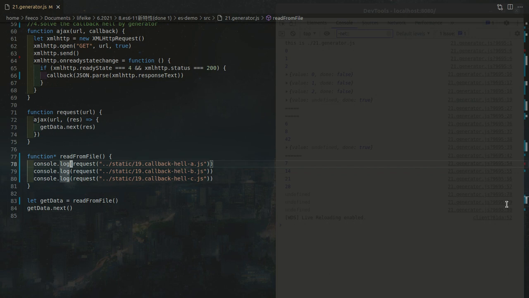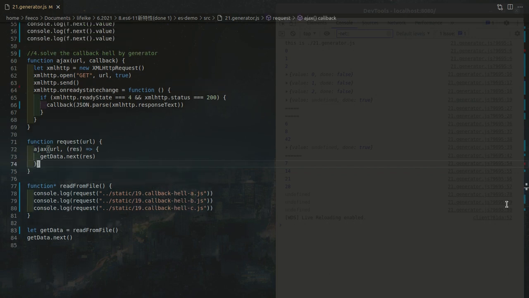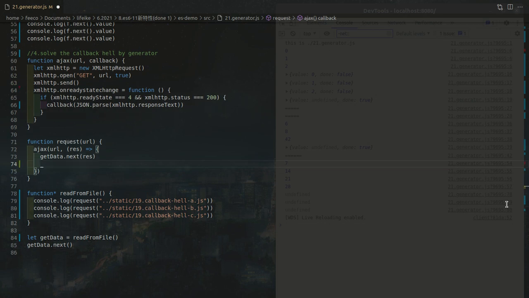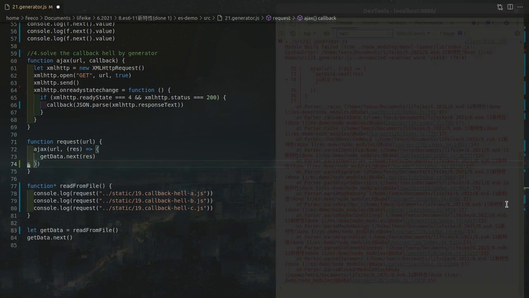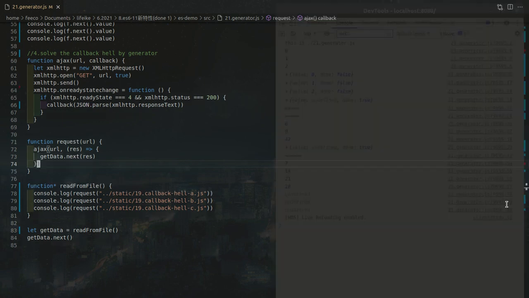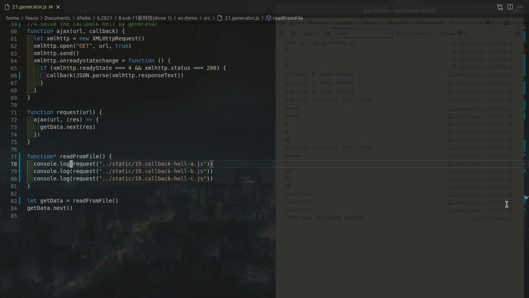This is empty because when we run this, we pass this to, we should of course yield this. Okay, yeah, because we missed